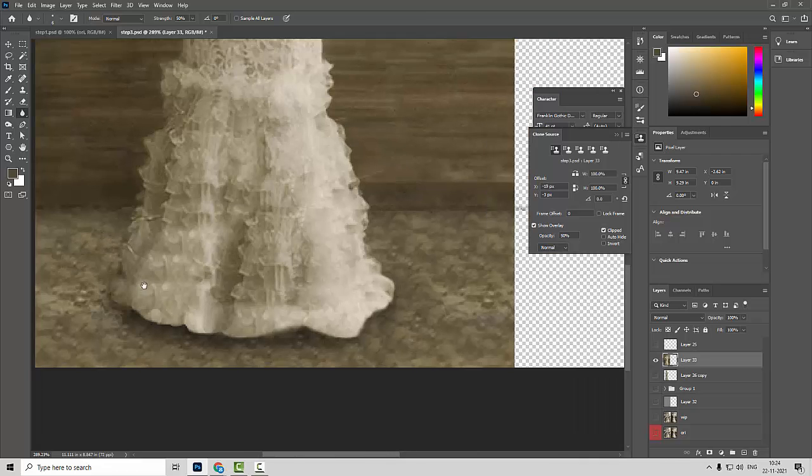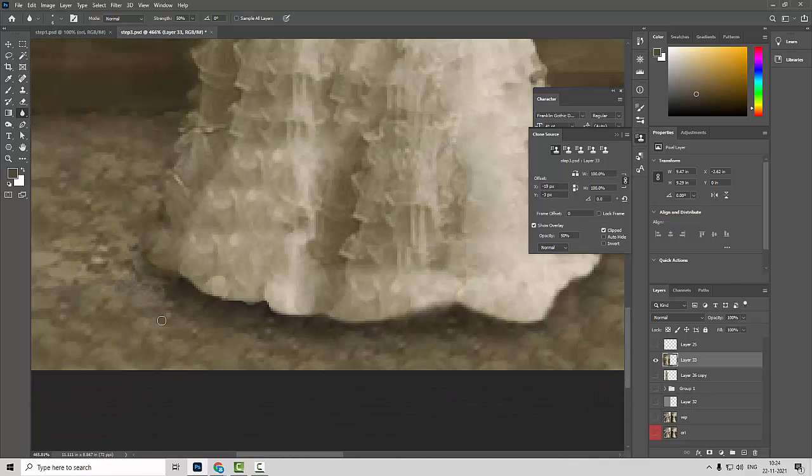Okay, so once we have done this part, we can see here something is going to be painted. So here I'm going to take one bottom layer and select my brush tool, and paint it with something like any kind of texture.